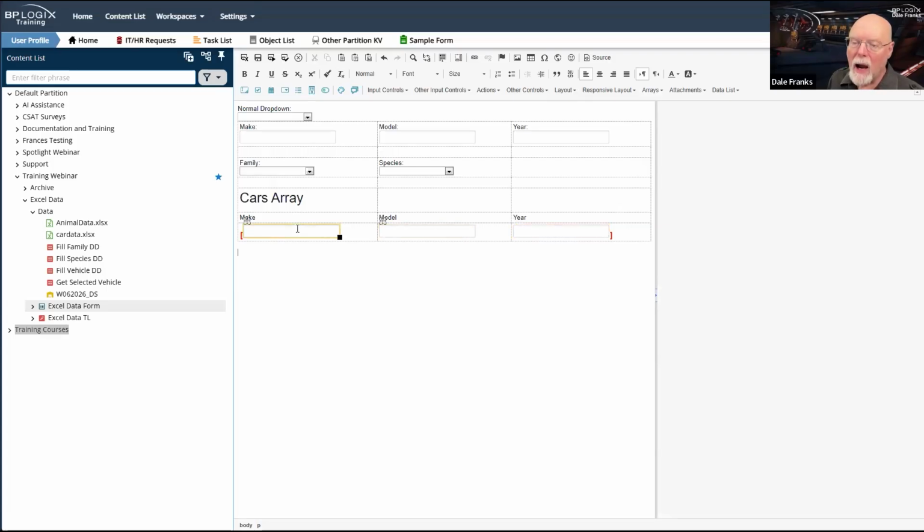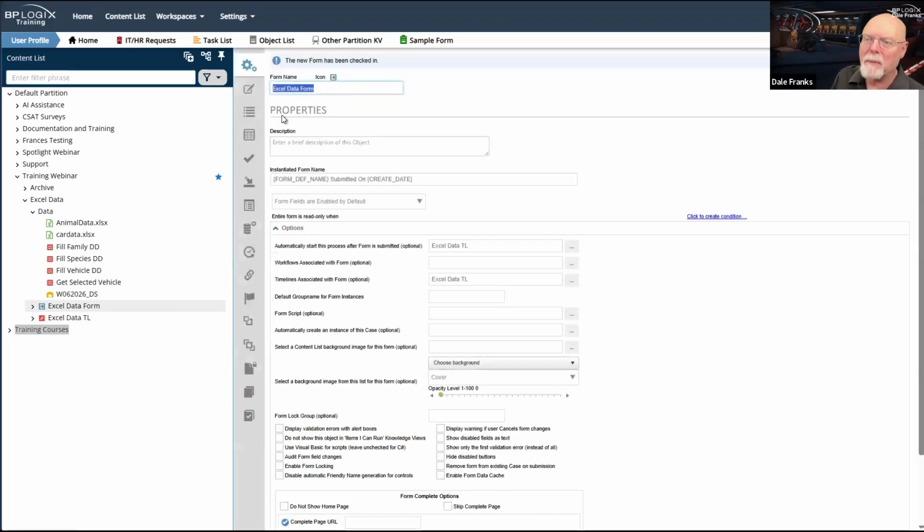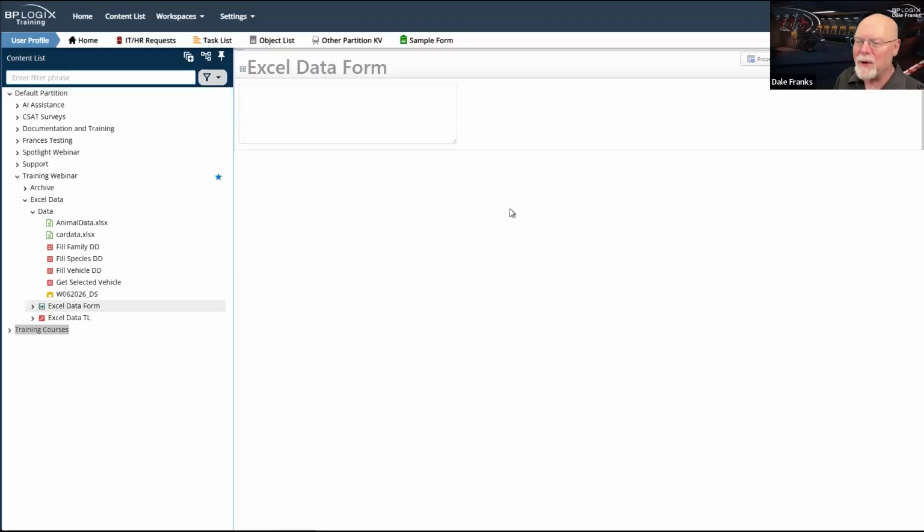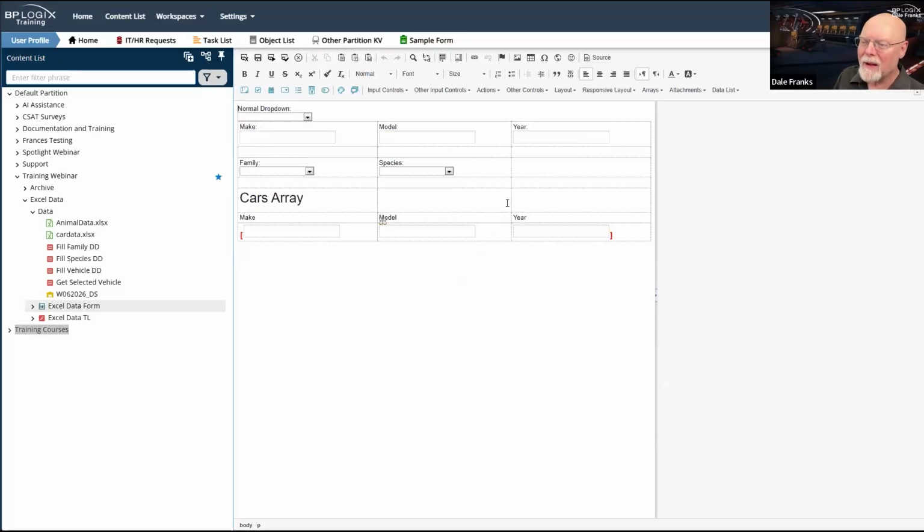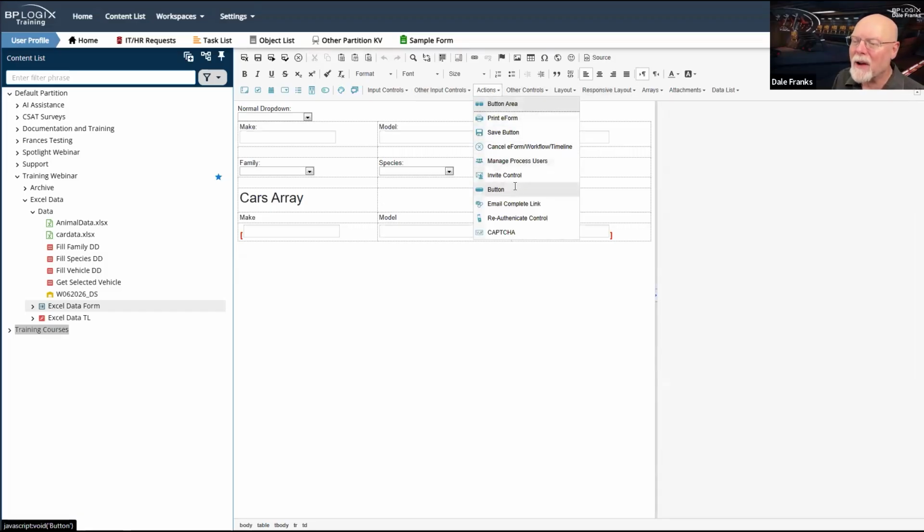And I want to associate some vehicles here with this array. Now, what I'm going to do is just do the simple thing. I'm just going to throw in all 100 vehicles. Probably shouldn't, but I'm gonna. Actually, I'm going to get myself a button. I'll give myself a button control.